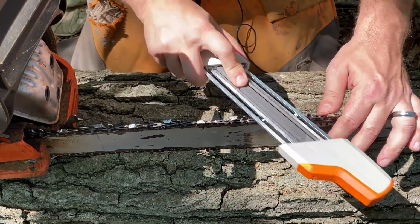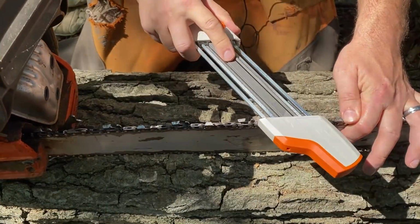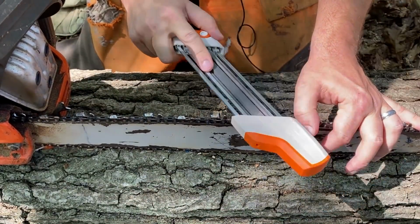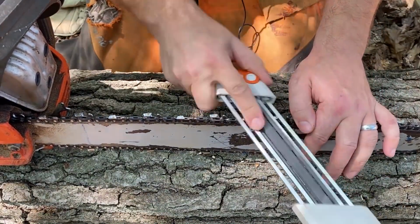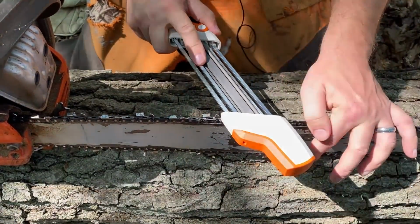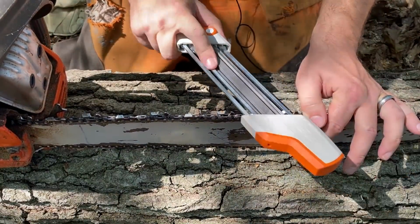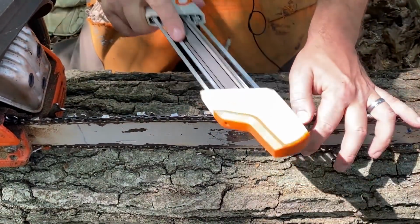The trick to really being able to cut a lot of wood in a day is keeping this chain sharp. So the nice thing about using this guide is you get a very similar angle and edge on every tooth, which helps to prevent your chain from, it'll start to curve in the logs. So once you, if you get one side sharpened differently than the others,